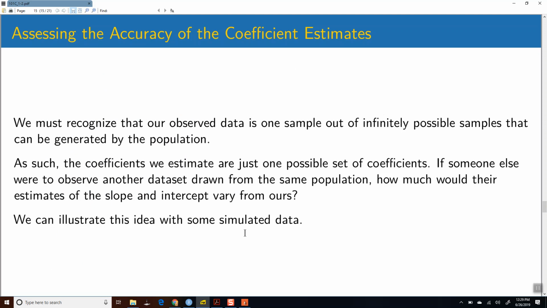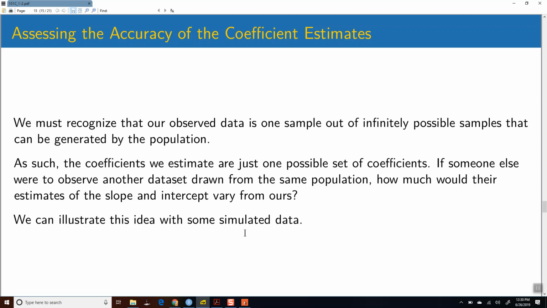Well, as far as fitting the model, you're done. As far as just estimating the coefficients, that's fine. You have the slope coefficient that minimizes the RSS, and you have the intercept coefficient that minimizes the RSS. So as far as that goes, you're done. But